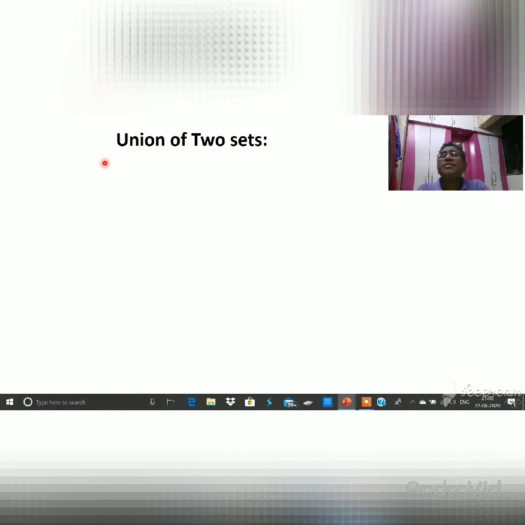So how can we learn that operation? What is the meaning of union? Union is like India. In India, all people live lovingly together. In such a way there is unity in India. In the same way, in the union of sets, whatever sets are given, all are written together. That is called union. It means there is no difference.